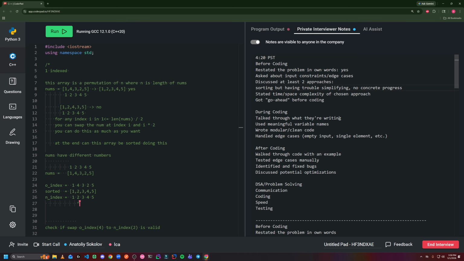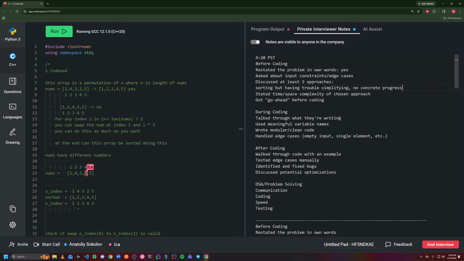And at this point, we know that we have to find the index 4 in the original array. We can search the index 4 here in the original array,